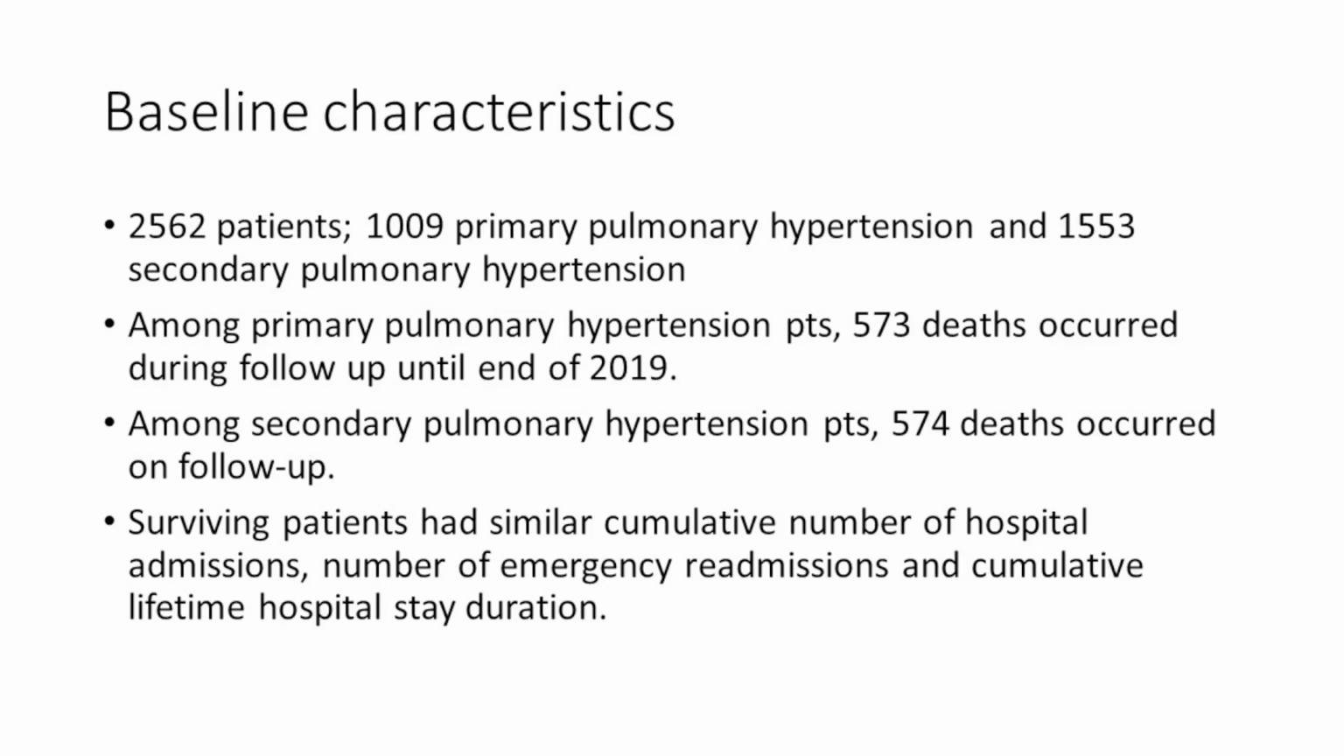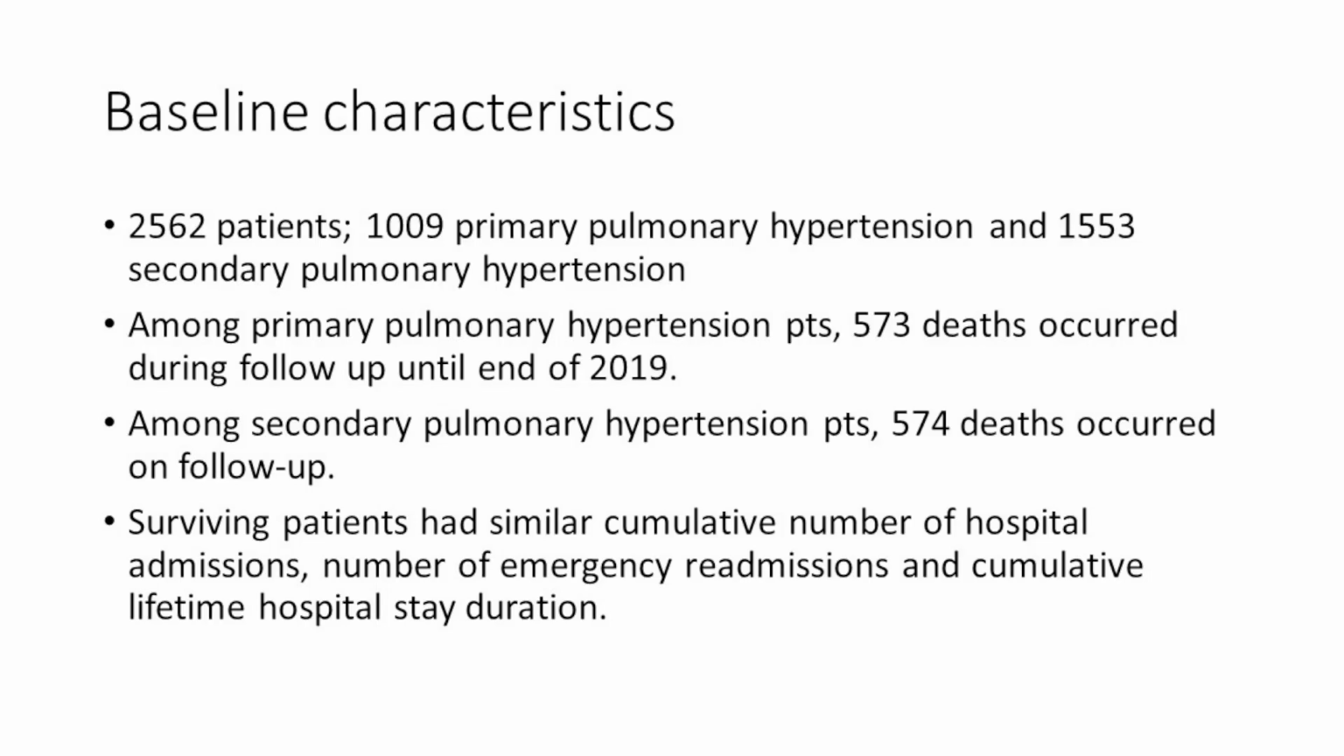and this is the baseline characteristics. So we had 2,562 patients, 1,009 with primary pulmonary hypertension, and 1,553 with secondary pulmonary hypertension. And during follow-up until the end of 2019, there were also some deaths in both groups with primary and secondary pulmonary hypertension. The surviving patients in the end had a similar cumulative number of hospital admissions, number of emergency readmissions, and cumulative